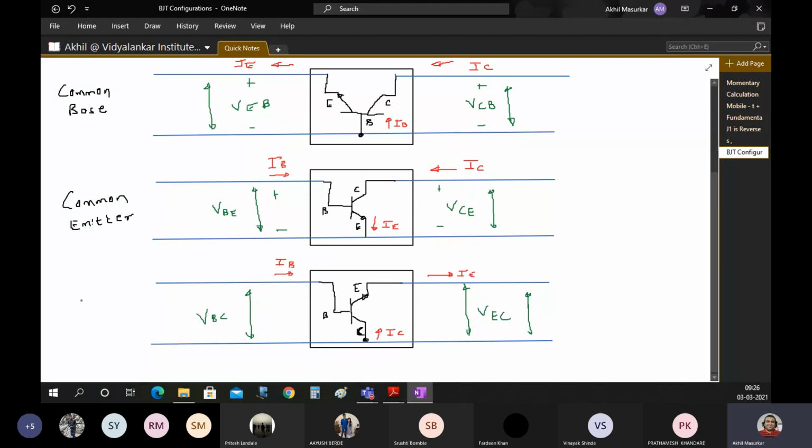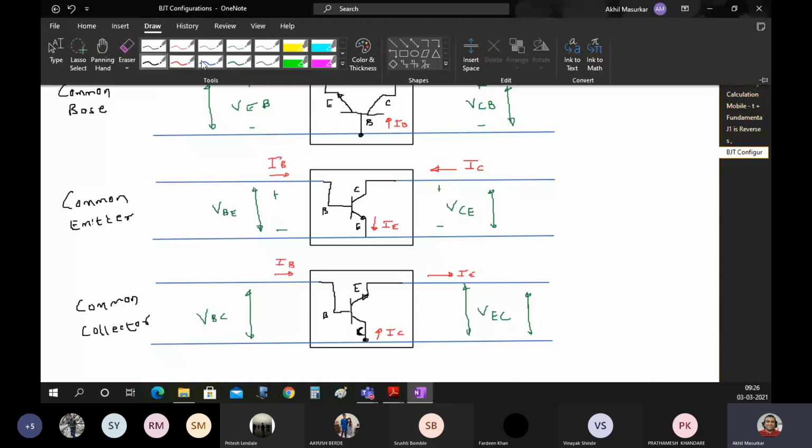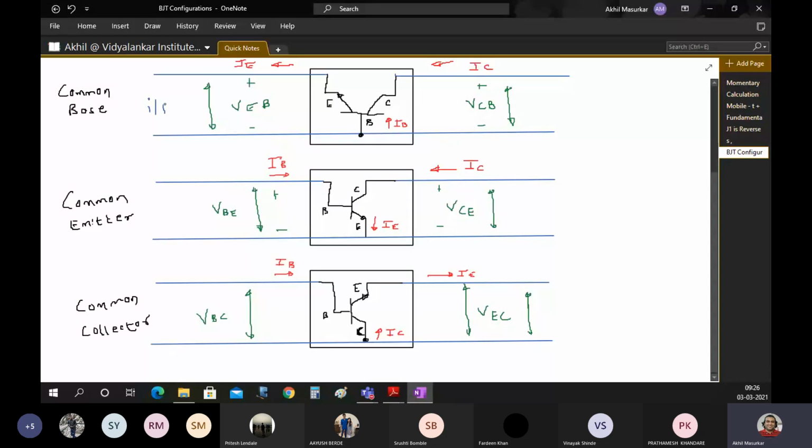And this is the common collector. So please note that this is the input side, this is the output side. Again, this is also the input side, this is the output side, and this is the input side, and this is the output side. So if you are now doing input characteristics and output characteristics, if you want to plot